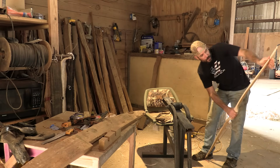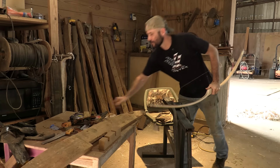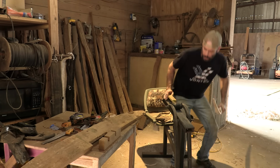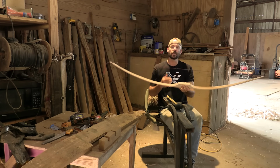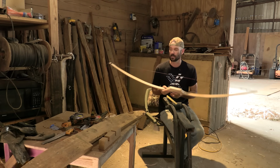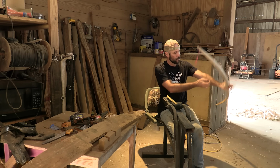All right, so I mentioned earlier that we could flip this thing over, end over end, to give us some more flexibility on what's the top and bottom limb. But how do you know? How do you know what you want to be the top and what you want to be the bottom? So what I do,